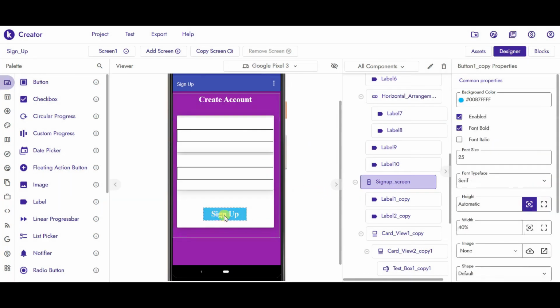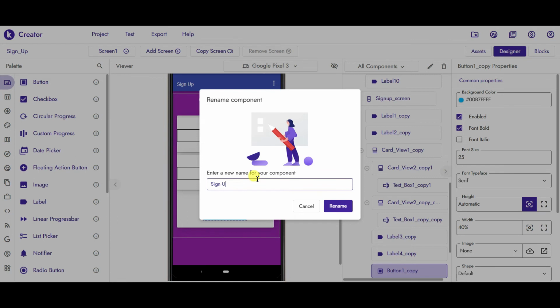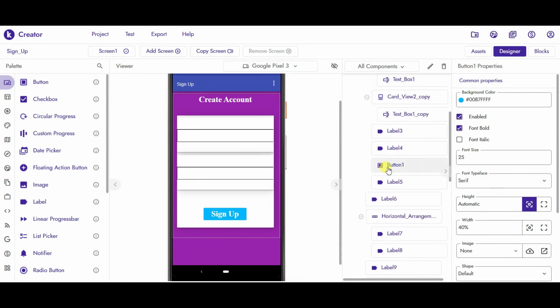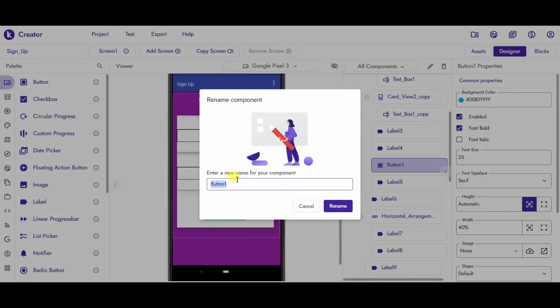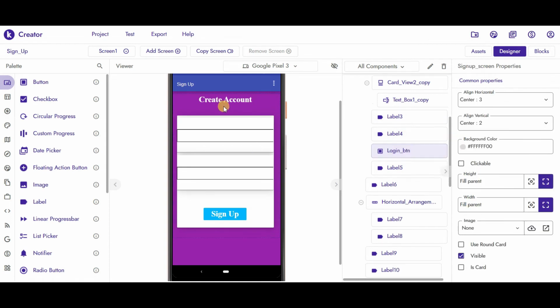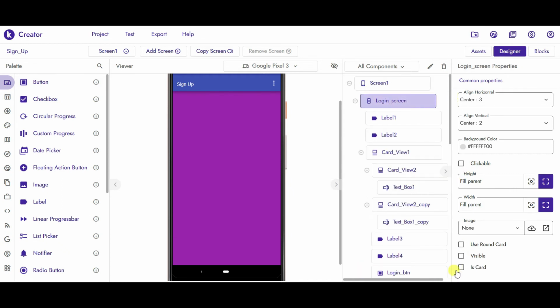Now this button, just rename it as sign up BTN, and the button 1, just rename it as login button. Then just make this create account non-visible and login screen visible.